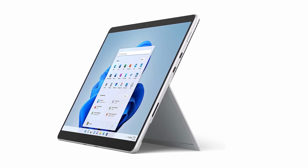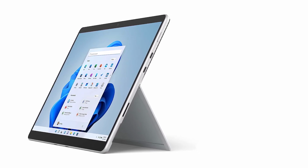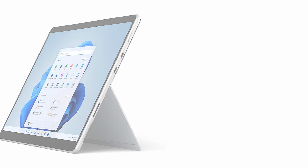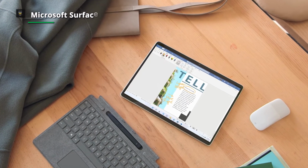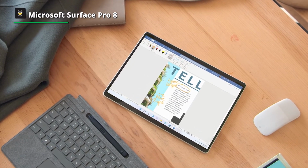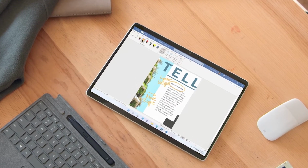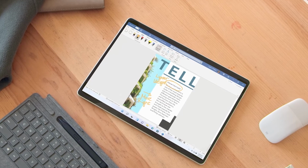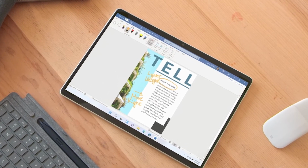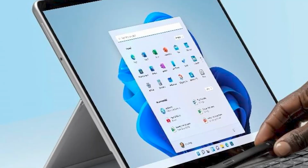And although we are lamenting the loss of some legacy ports, this is the best Surface Pro we've gotten in years. And it also comes with the new Windows 11 operating system pre-installed. Unfortunately, all those much needed improvements come with a price increase. With its price of entry at $1,099/999 Australian dollars 1,649, the Surface Pro 8 is also the most expensive, a lot more than its predecessor,